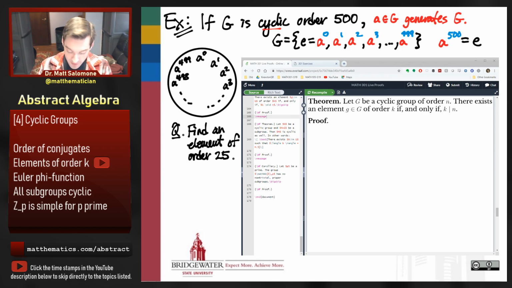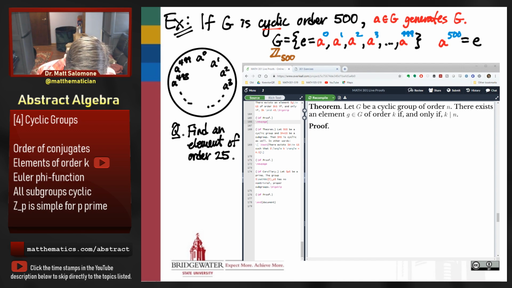Well, we can answer that question by making explicit the comparison. When I say that every finite cyclic group can be thought of as an additive group around a clock, what I really mean is that we can draw a comparison between G and the additive group Z500. Because what are the elements of Z500 going to look like? They're going to be these additive residues mod 500, starting with 0, and continuing with 1, 2, and so on, up to 499. But as soon as I add one more to 499, I'm going to get back around to 0, mod 500.